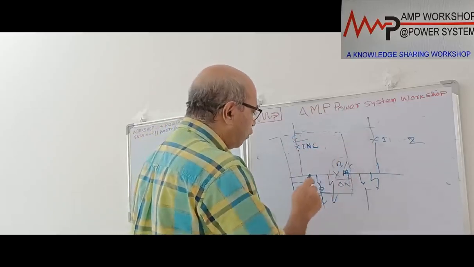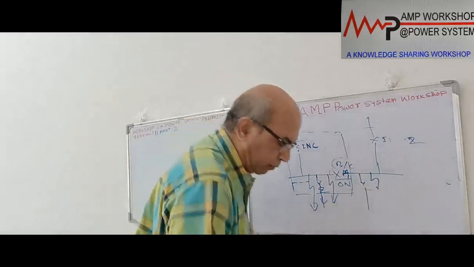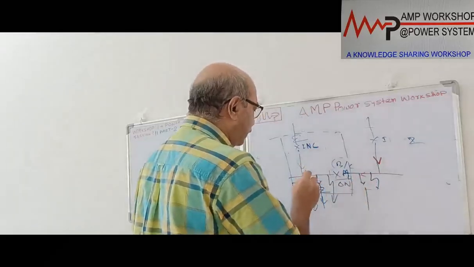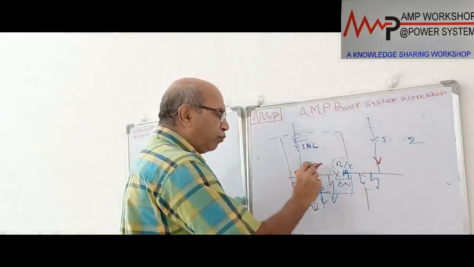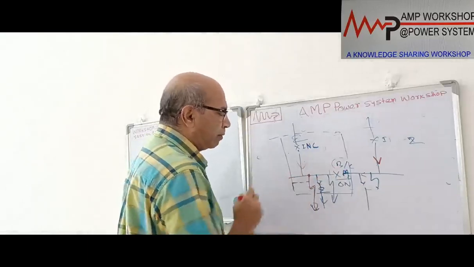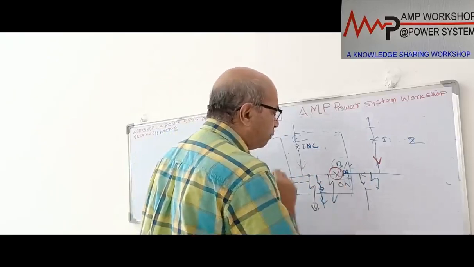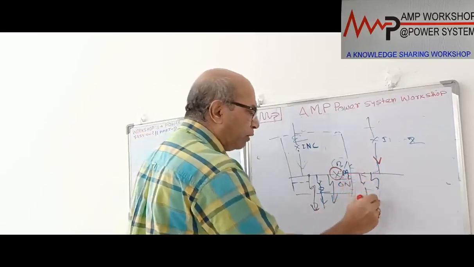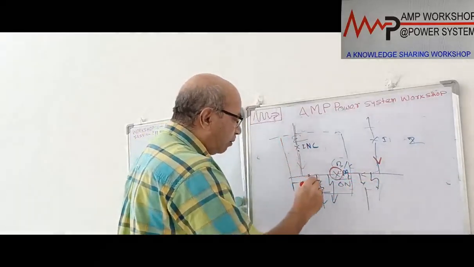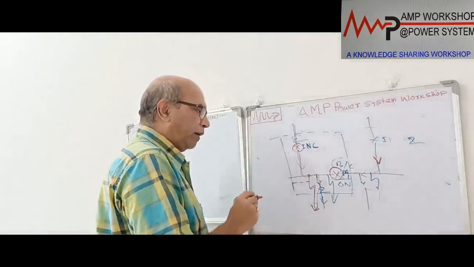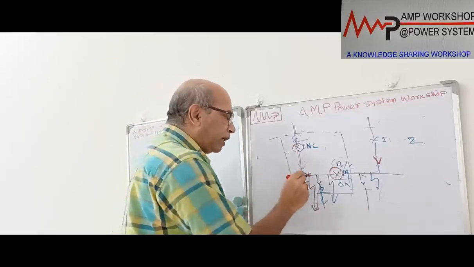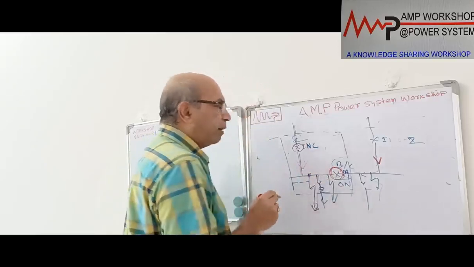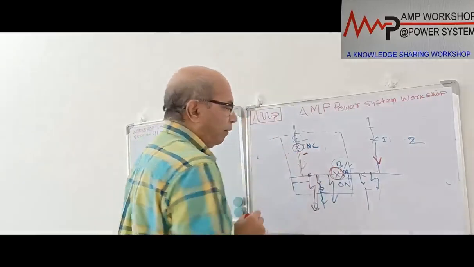That is our intention. How can we do that? When there is a fault over here, fault current will be coming this way as well as this way. Both will be feeding the fault. If we want to isolate this, it is considered a bus bar fault. First we have to trip this breaker, so the fault feeding from this end will be stopped and it will feed the normal load, and then this incomer will be feeding the fault, and it will be tripped. So for a bus fault over here, the protection will be provided in such a way that this bus coupler will open first. After the bus coupler opens, the incomer will be off.